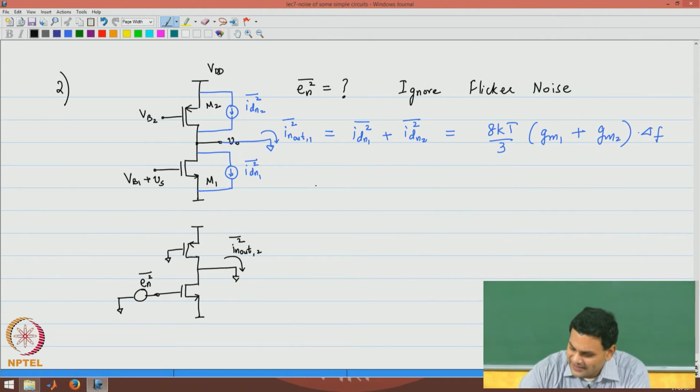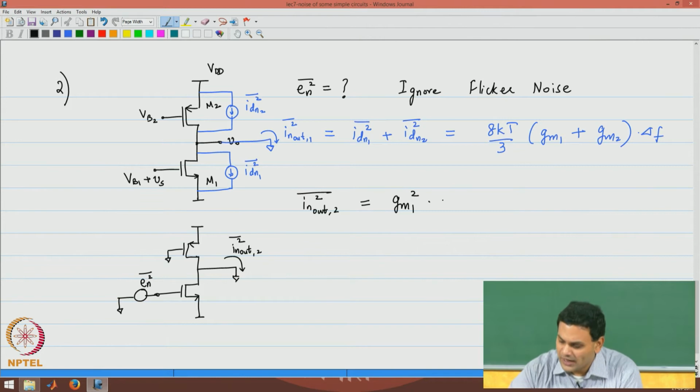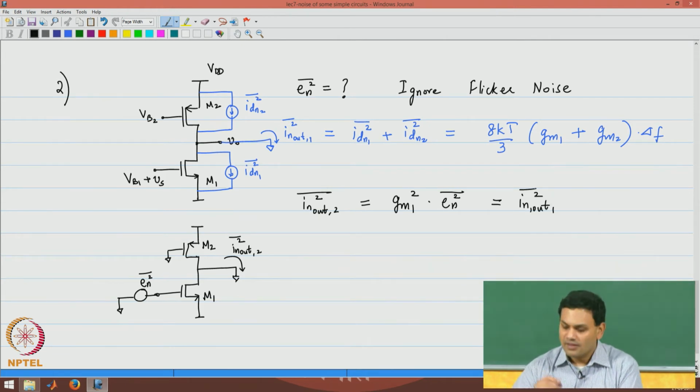In this case, In out 2 squared is nothing but GM1 squared times En squared. Now, I know that this should be equal to In out 1 squared, and therefore